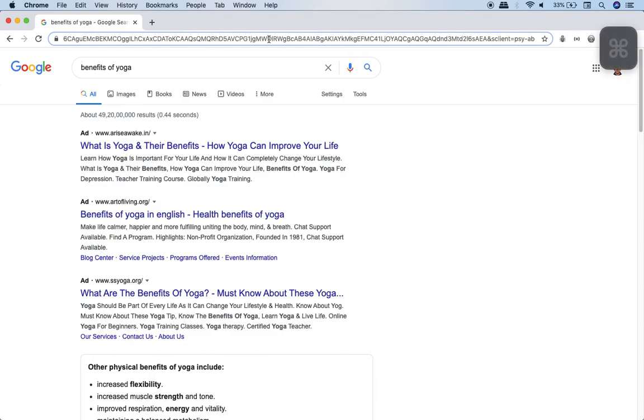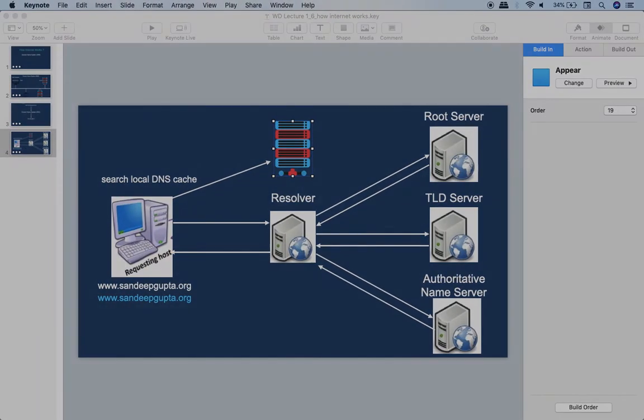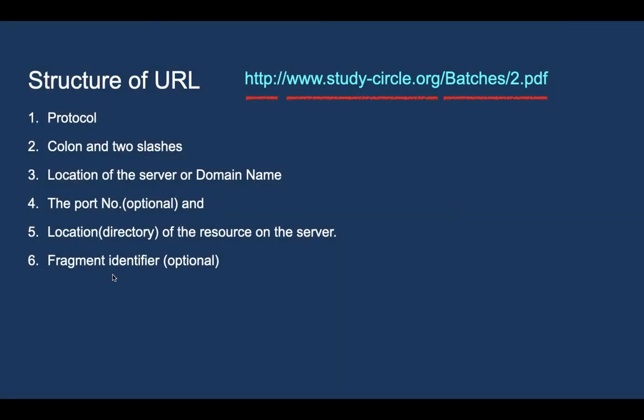So if you see carefully, you will see these things, see benefits, okay, yoga and so on, alright. So whatever you see after this question mark, it is called query string, or sometimes it is called fragment identifier, okay. So these are the different parts of the URL.